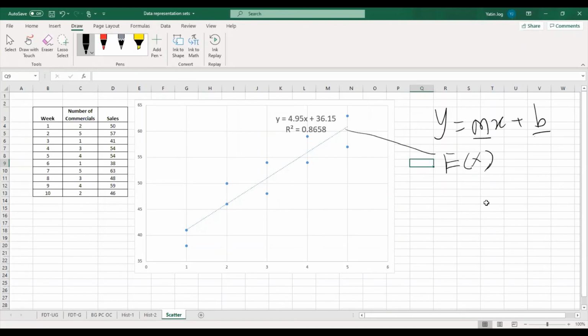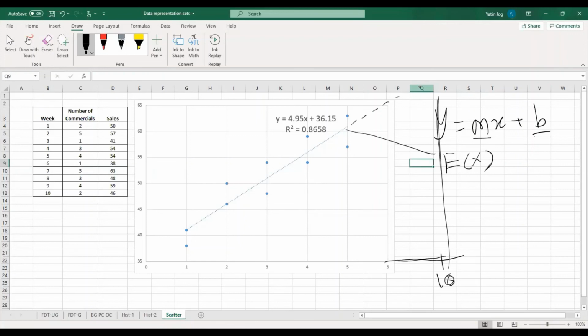Now, whenever I do analysis, I'm doing all this analysis for some benefit. So if this is my trend line, I'll continue this trend line, and I can try to predict that if I release, suppose, 10 commercials on some day, what is my expected number of sales? So I'll try to plot a y value for x equal to 10, correct?